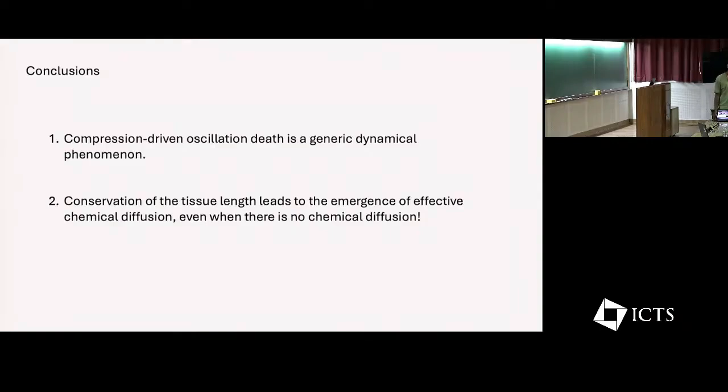Would this apply for any other tissue too? Good question. We have experimental verification only for epithelial tissues. And the good thing about MDCK tissue is that it is essentially flat. So it is a two-dimensional system, and there is a one-to-one correspondence between theory and experiments. We can generalize it to other tissues, of course, but then the geometry is so complex that we don't know how exactly to verify that. And geometry does play a role here.